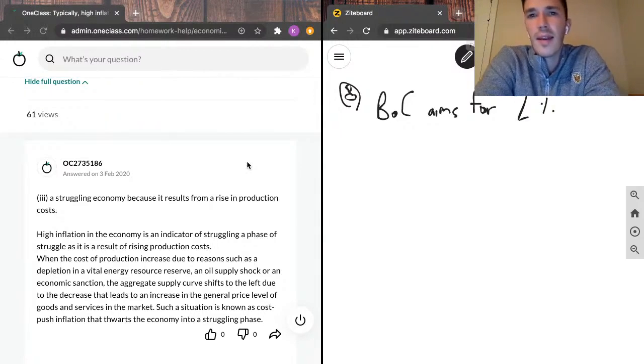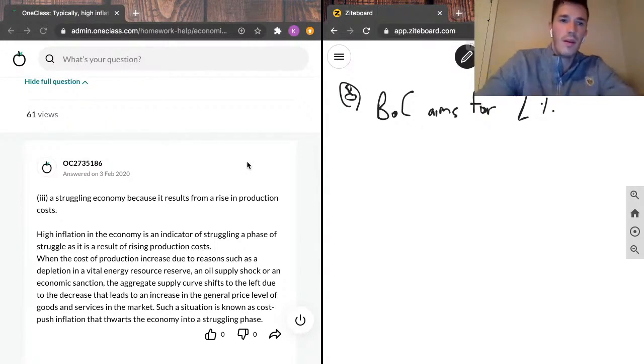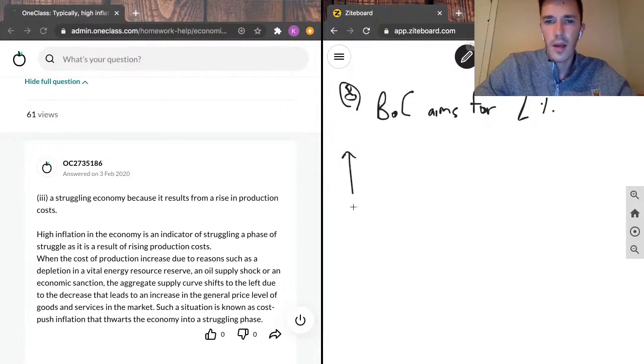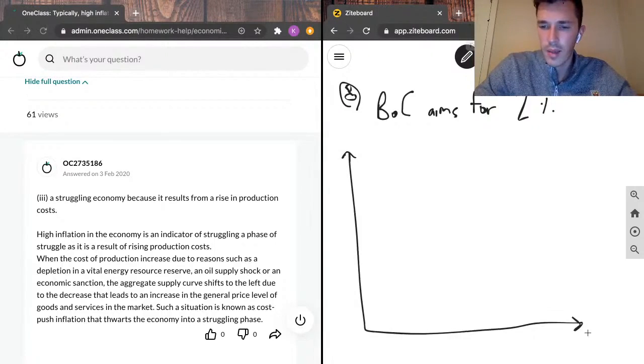So essentially, if it costs more money for me to produce something, then I'm going to raise the prices of it so that I can retain my margins and continue to make a good profit. I can maybe graph this super quickly. I'm not going to go super in depth with the graph because I'm just drawing it off the top of my head, but